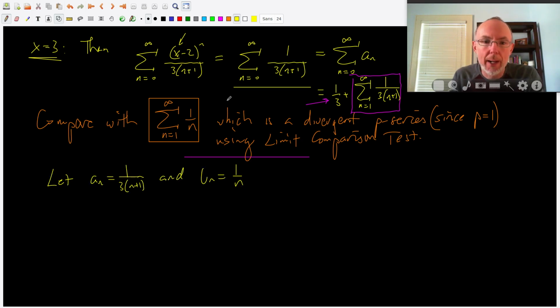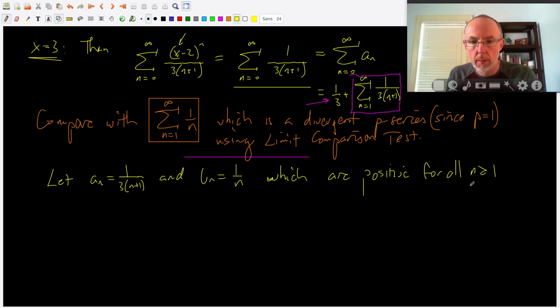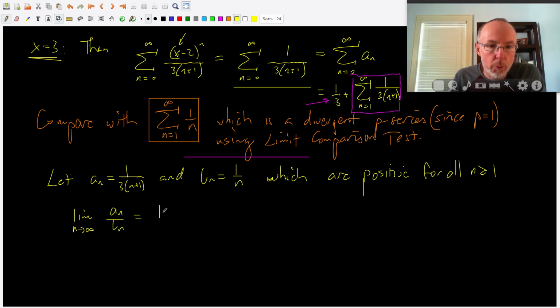So the limit comparison test says take 2 series, here's our two series, and compare their terms in the limit that n goes to infinity. And these are both positive, right? And we have to have positive series for the limit comparison test to be used. So these are both positive terms for all n greater than or equal to 1. And the limit comparison test says, have a look at the limit, the ratio of those two terms in the limit that n goes to infinity,